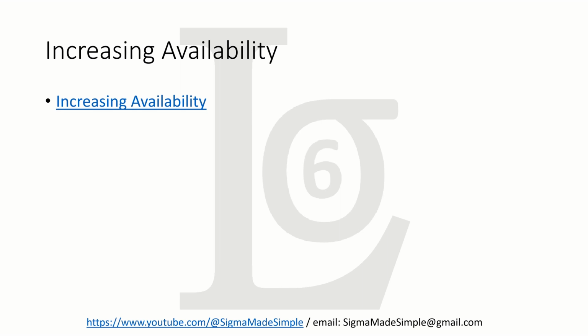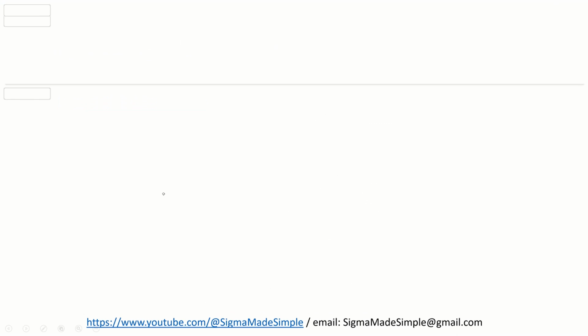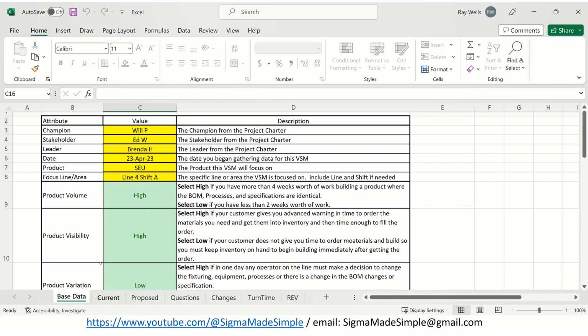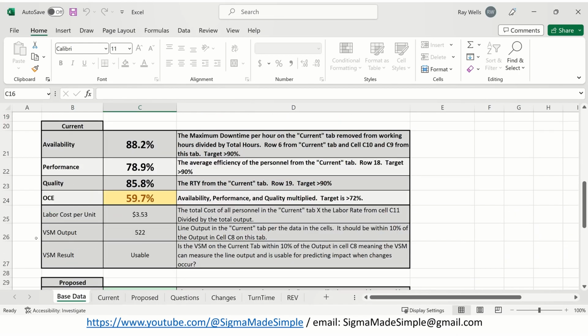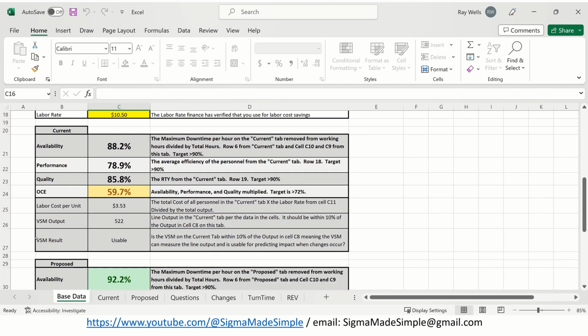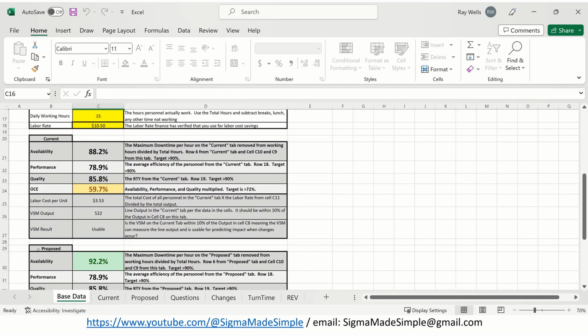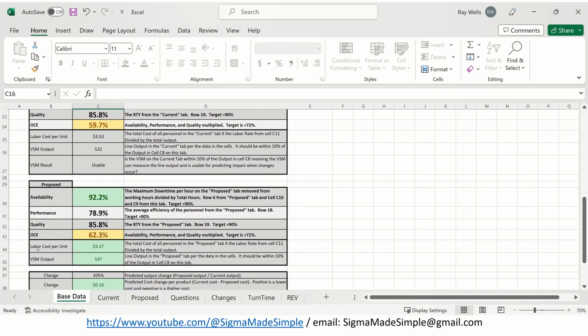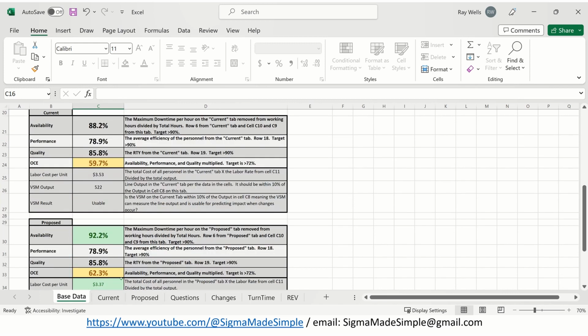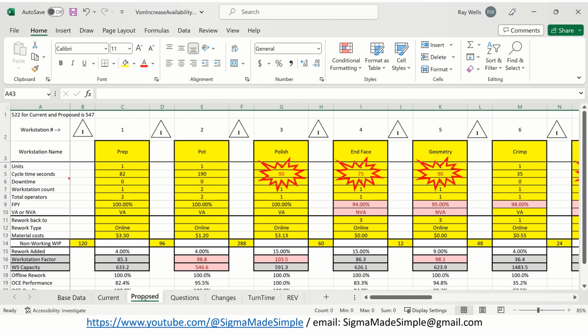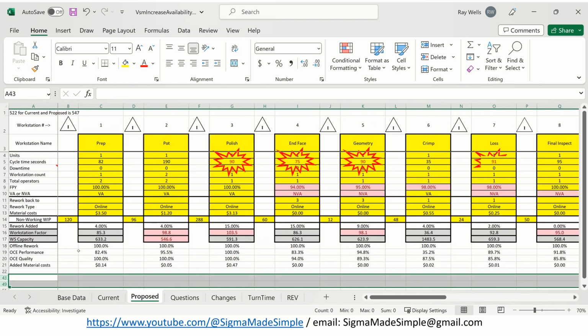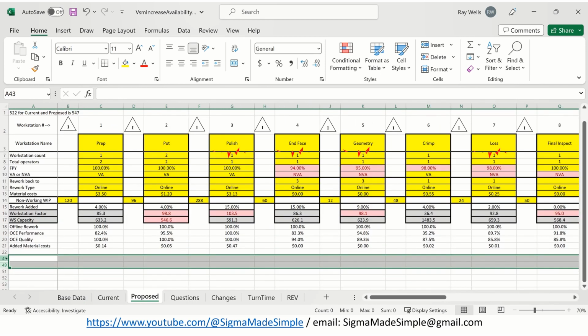So in the proposed tab, we can unhide rows 44 to 48. If you notice here, the current is the 88.2. Oops, I've already got the changes in there. I want to show you what we did. So if we unhide rows 43 and 49,